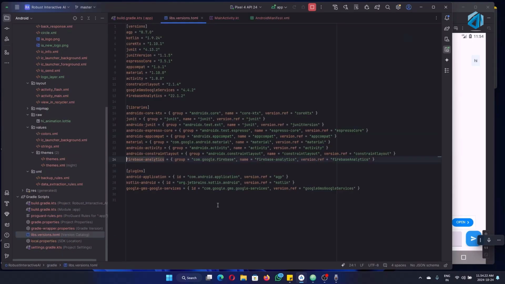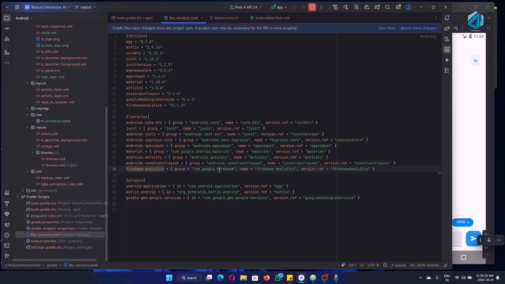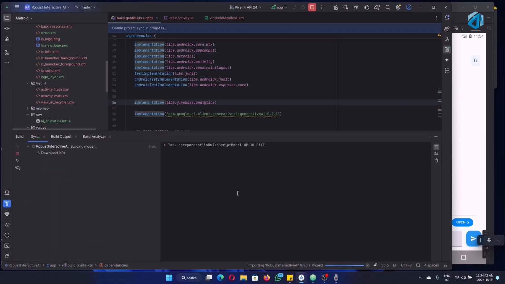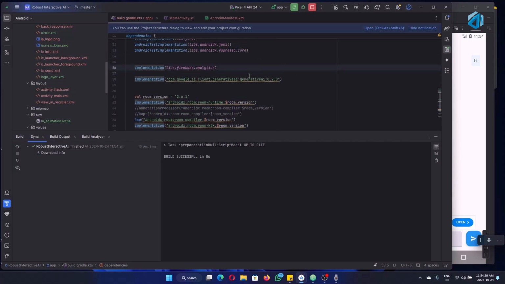You can see where the toml file is, the versions toml. Here we have Firebase Analytics from Firebase versions, and you can see we have 22.1.2, right? So let's just close it and sync this file. Let me check if we get any error during the build. Build successful in 8 seconds. That's good. Some syncing is still in progress. Okay, it's completed now. So you can see that we haven't faced any error during the Gradle sync,